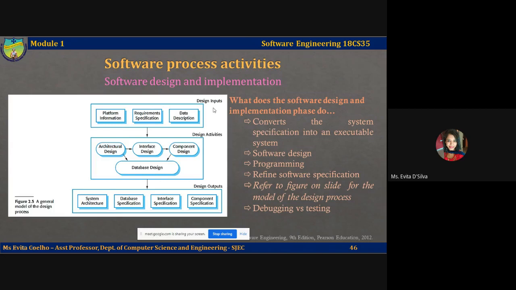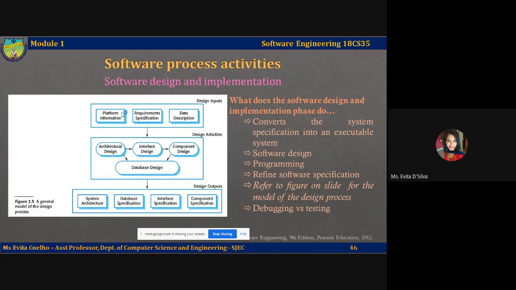The design inputs. Most software interact or interface with other software systems. These software systems may include the operating system, the databases, middleware, and other application systems. This makes up the platform of the system. Information of the platform is a crucial input to the design, as this helps the designers understand how to integrate your software into its existing software environment.